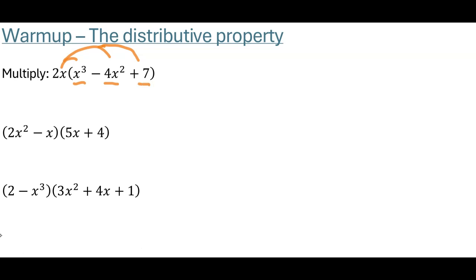So here we would have to multiply the 2x by the x cubed, which would give us 2x to the fourth. We would have to multiply the 2x by the 4x squared, which would give us an 8x cubed, and that subtraction sign in the middle just stays there. And then we would multiply the 2x by the 7, we would keep the plus in the middle,